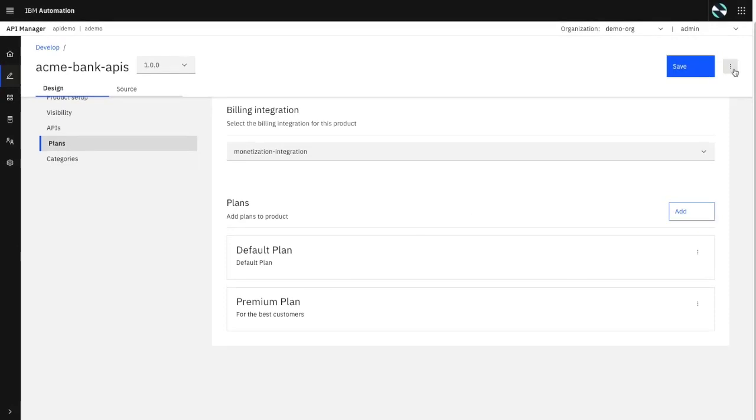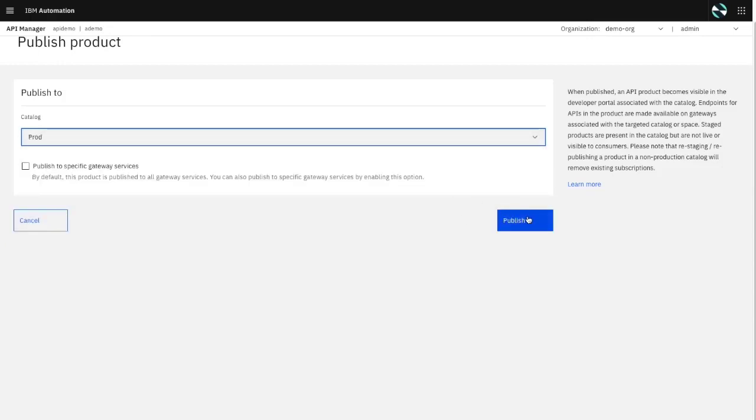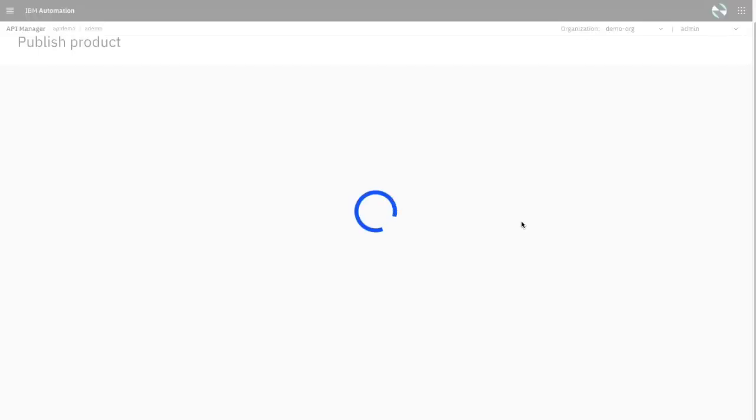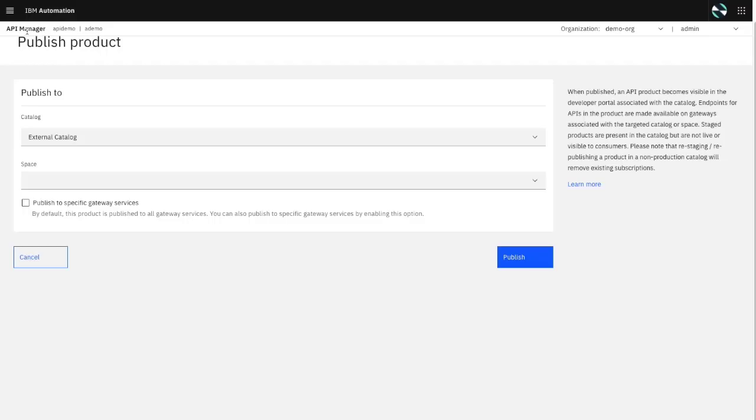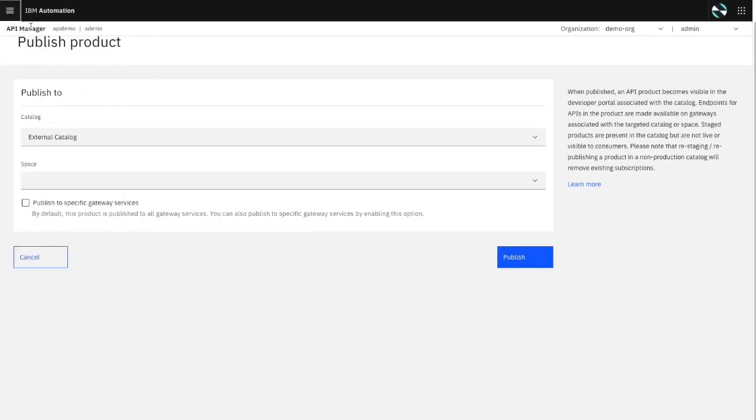And the plan's been saved, and now I can actually stage it, or I can straight up publish it if I want. I'm going to publish this to prod, so it shows up in the sandbox. And I press publish, and it'll show up here in a few seconds. Great. So another responsibility is to actually go and